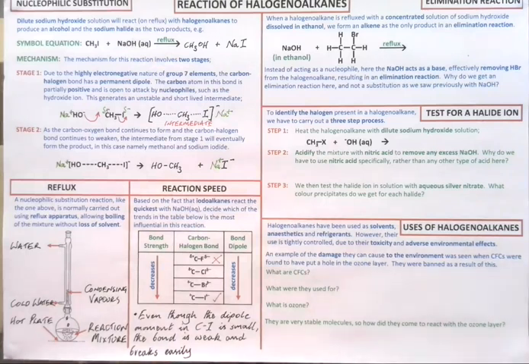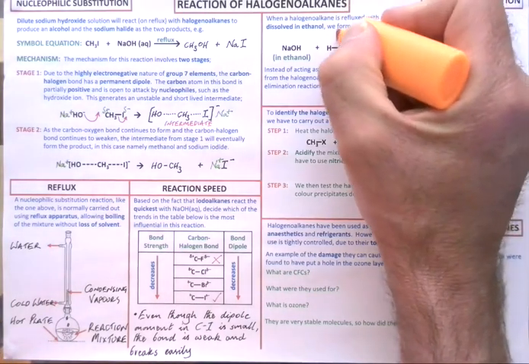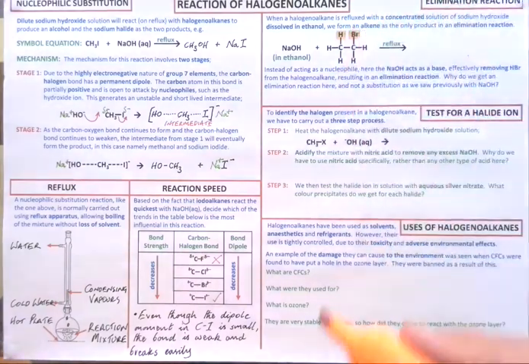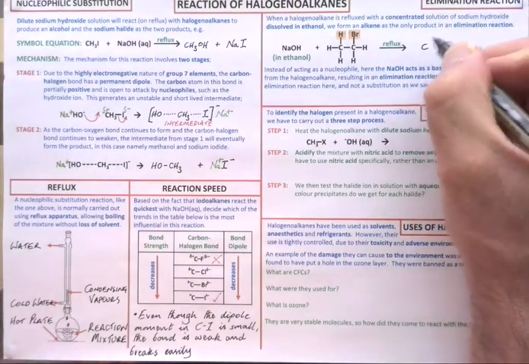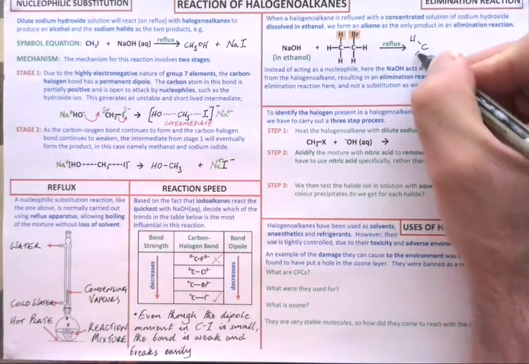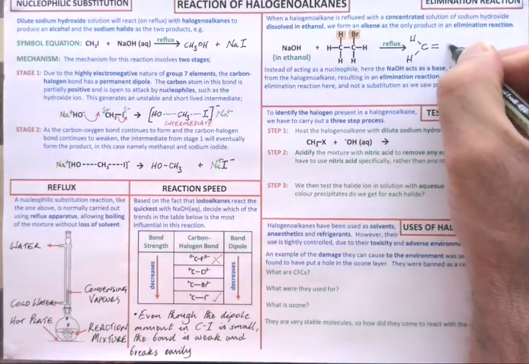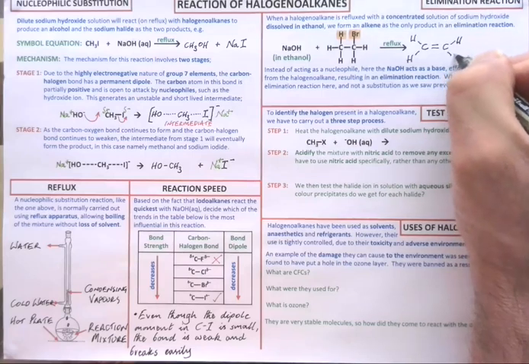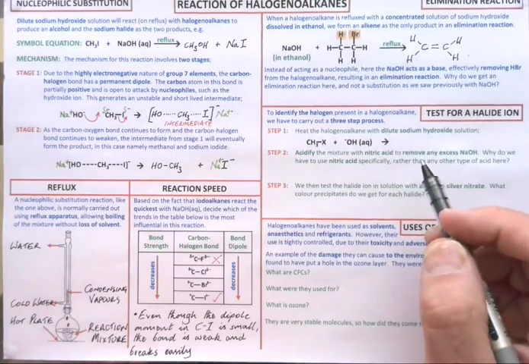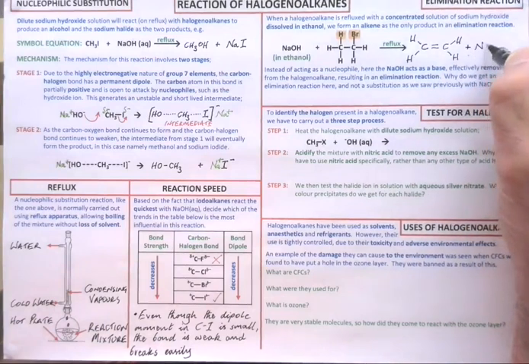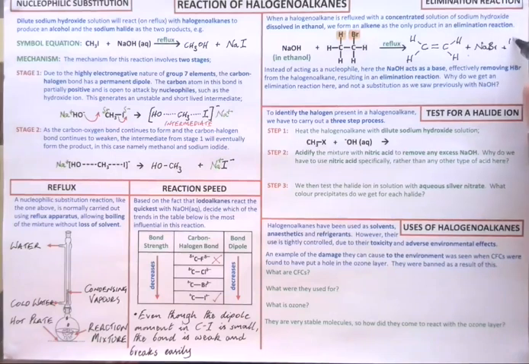Because what happens here is that hydrogen and bromine get eliminated. They get knocked out of this halogenoalkane. And so what you'll end up with is an alkene. In fact, you'll end up with ethene. You'll also make sodium bromide, and you'll also make H2O, which I'm going to draw out because I want to show you exactly where the